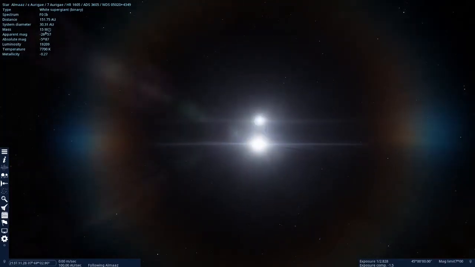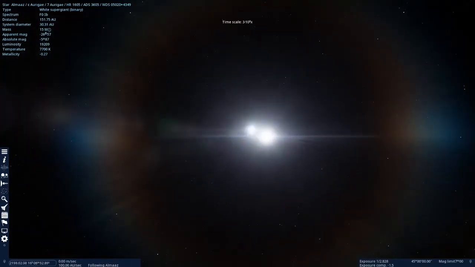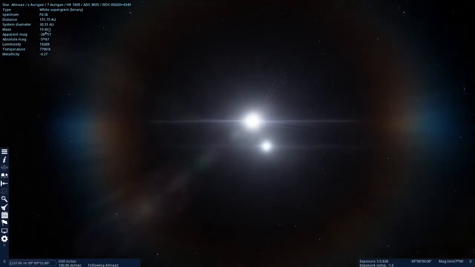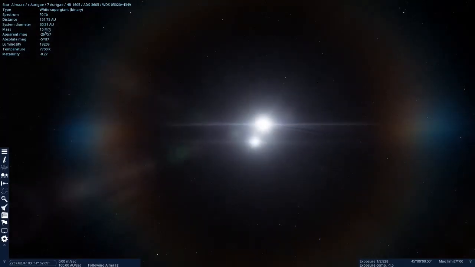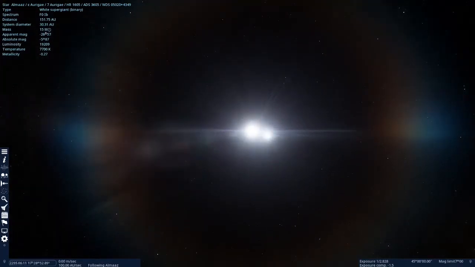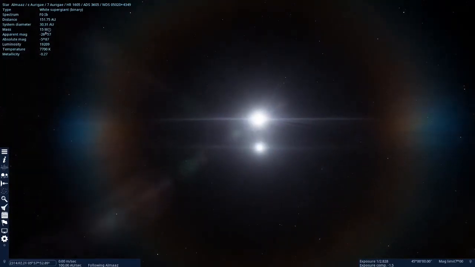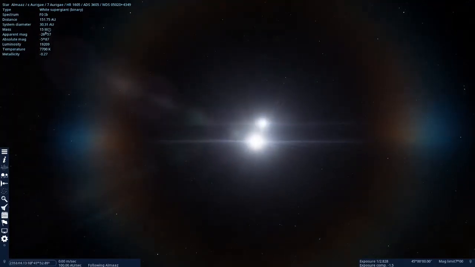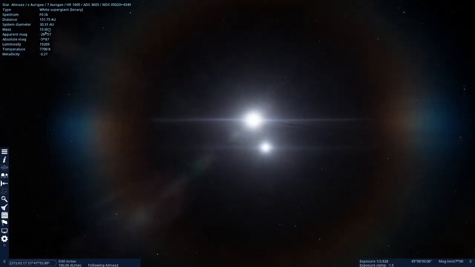So I've increased the rate of the clock. We're never going to get home in time now because we're now at the year 2250. But if you increase the clock rate, you can actually see binary star systems orbit around each other and stuff like that.